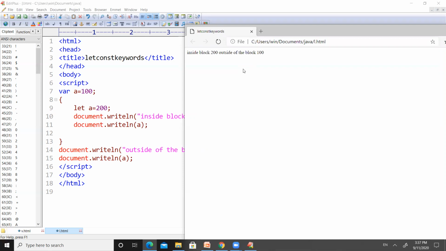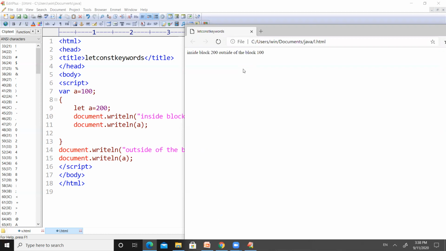Previously, we got the output inside block 200, outside of the block 200. That means the value of A got updated, and the same updated value is printed within the block and outside of the block.